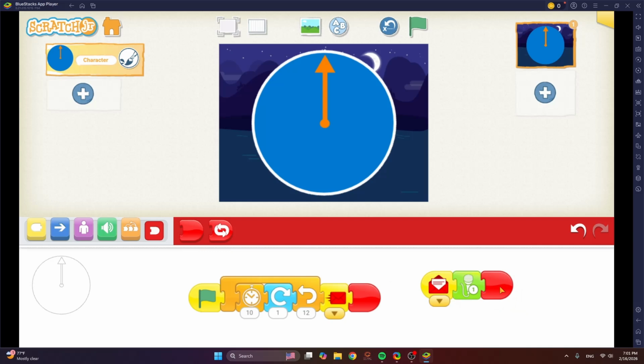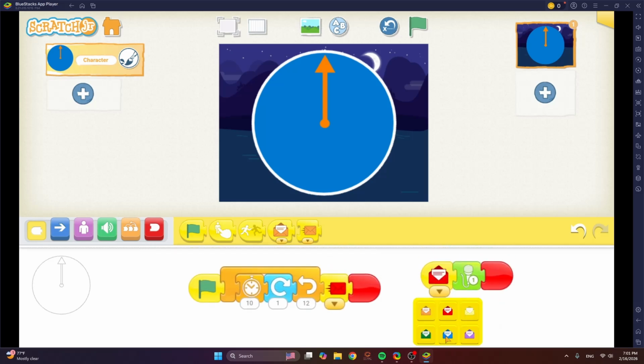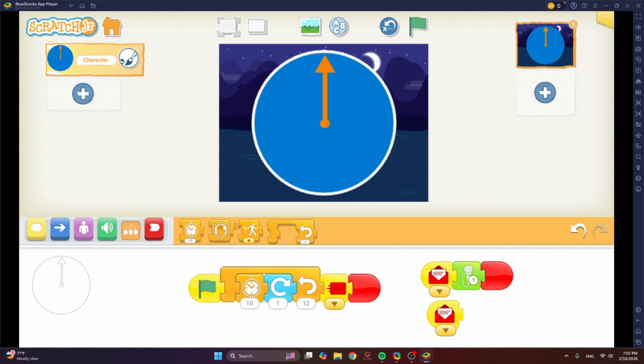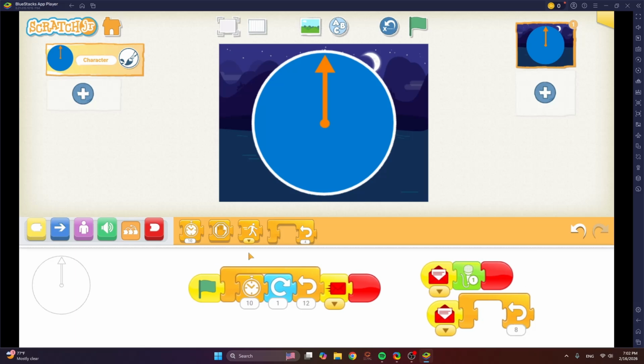How about we make our alarm timer dance while playing the music? Okay, that would be pretty nice, right? So again, that also starts when the red message is received, and remember to choose the red, and then an orange repeat block, and you will have to see how many times you want your dance to repeat. So I'm going to make it 8,